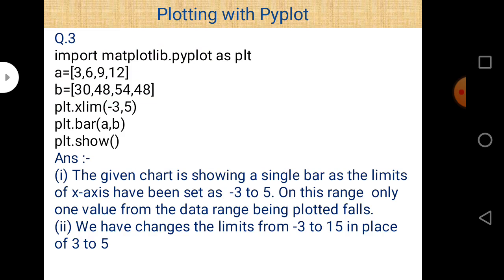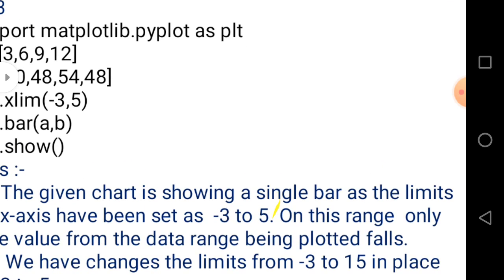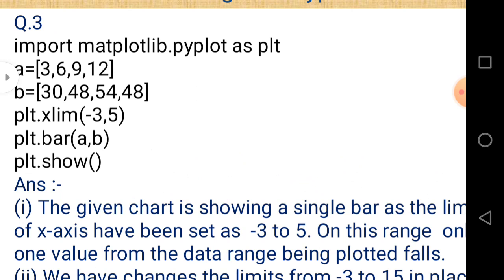This is the code for question number 3, and we can easily see that there is a library matplotlib here. Import matplotlib.pyplot as plt, and then the value of a is a list and contains 4 elements: 3, 6, 9, 12. B also contains 4 elements, and the elements are 30, 48, 54 and 48. And then plt.xlim, and the values in this function are -3 and 5, and then plt.bar(a, b)